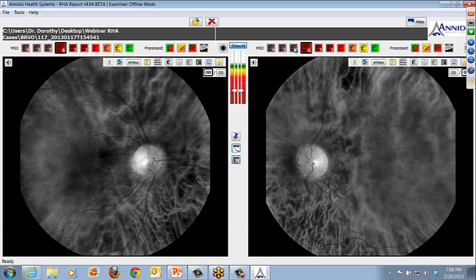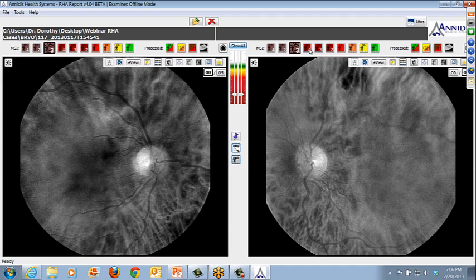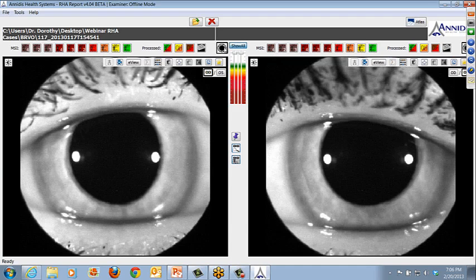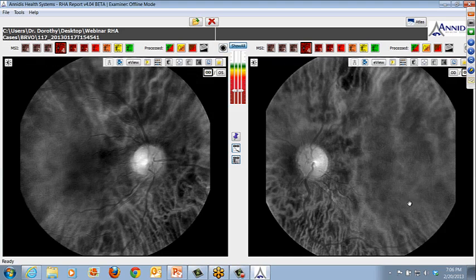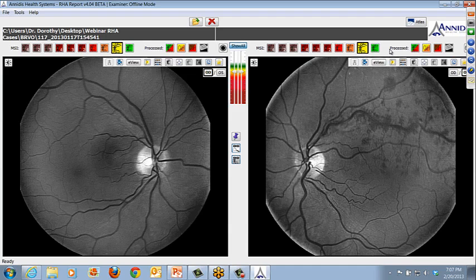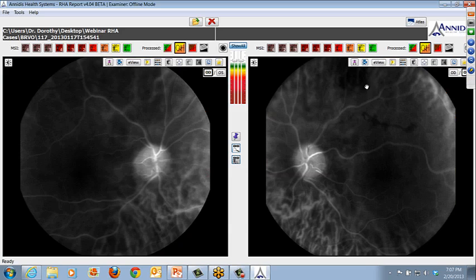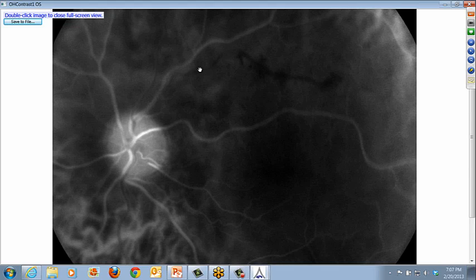Okay. Now, if you look here, you can see very subtle blur here in the image, and if you see that, you should be thinking elevation, but in this particular case, it's an artifact. Okay. And here's the color reference, and this nicely represents exactly where the occlusion is. Okay, you can see exactly where the vein is disrupted here and where there's backflow into the venous arcade, and